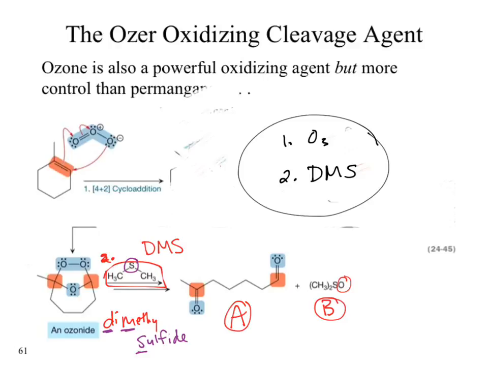To form the diol that Cassie was asking about earlier, sorry to throw you under the bus, Cassie, how did we get that diol? We reacted it with hydroxide. Do we have hydroxide? No. Right? So